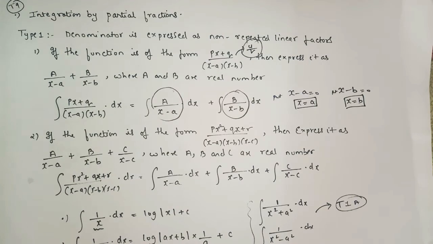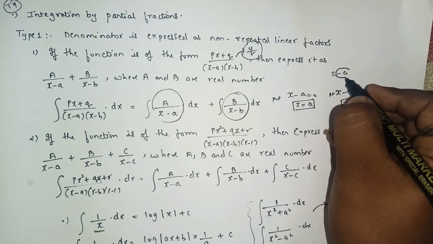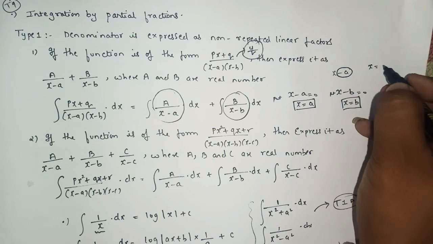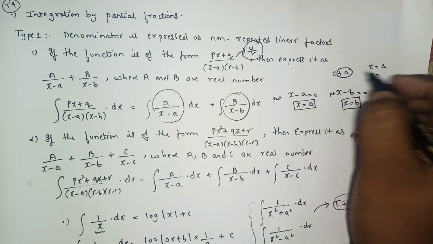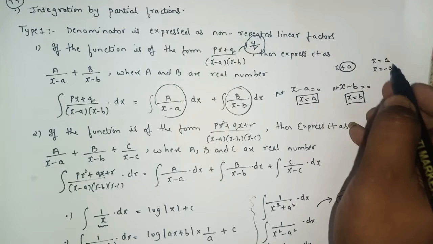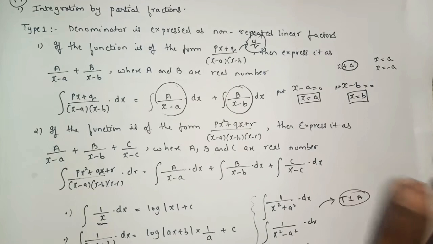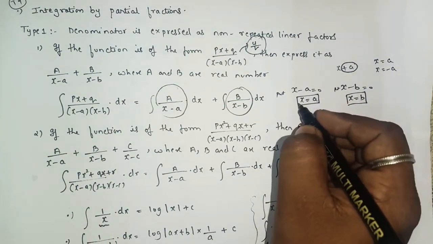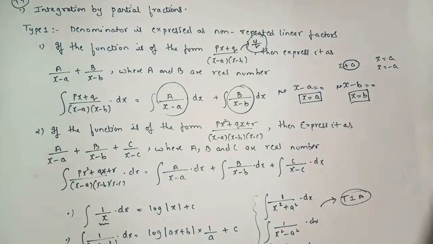But in the video I had explained that you just have to take the opposite sign. So the opposite sign of minus a will be plus a. Suppose here we have plus a, the value will be the opposite sign, so it will be minus a. In this way I had explained how to find the value of x. It is up to you; you can do it like this also: put x minus a equals 0 and then find the value, or else directly put x equals a and then x equals minus a.